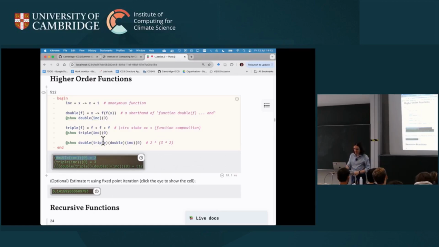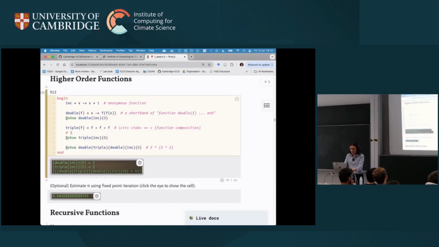Down here, here's triple, which is going to do something 3 times. Now we're using the function composition syntax. This is the backwards composition actually, but it's going to do f, f, f. It's going to apply a function 3 times. That is equivalent to us writing